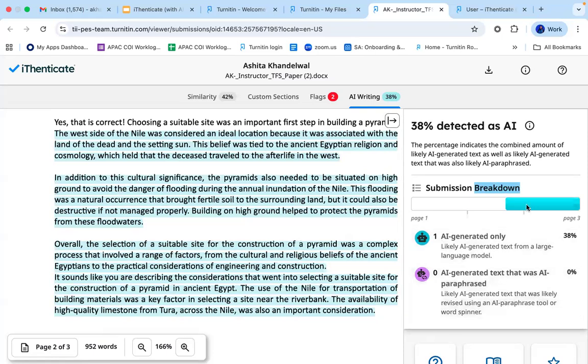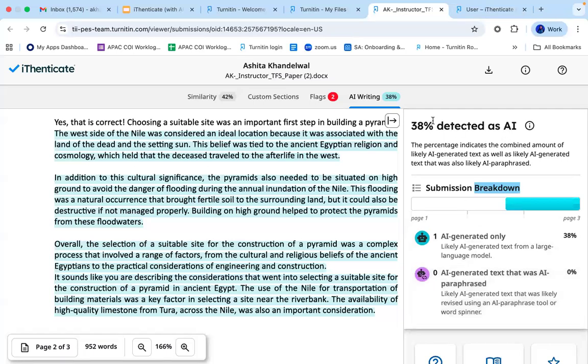If it is highlighted in this blue cyan color, that means it has been completely taken from an AI tool, copied from an AI tool, or humanized from an AI tool. And any text highlighted in purple shows that it was generated by an AI tool but also paraphrased by an AI tool.